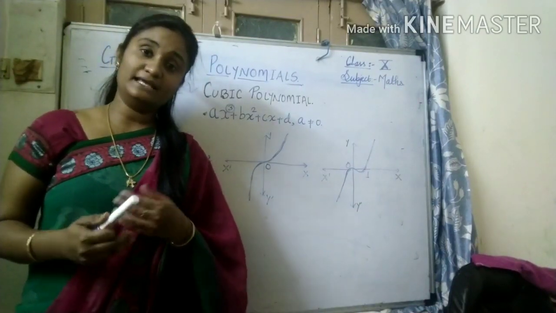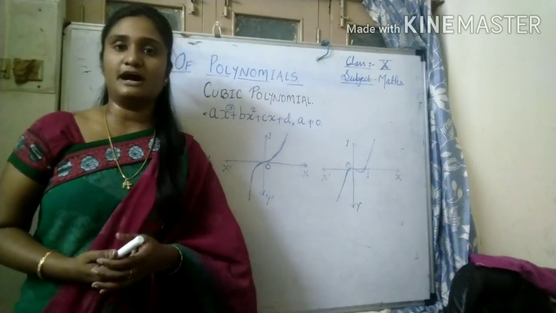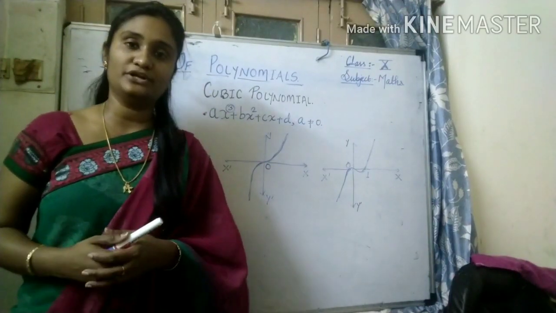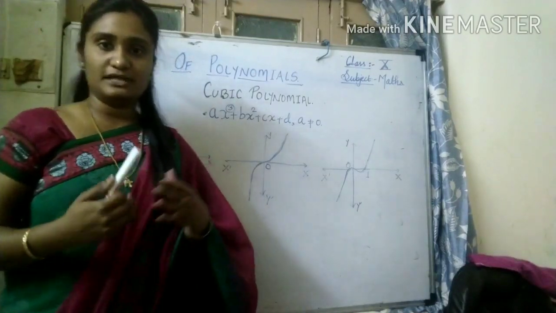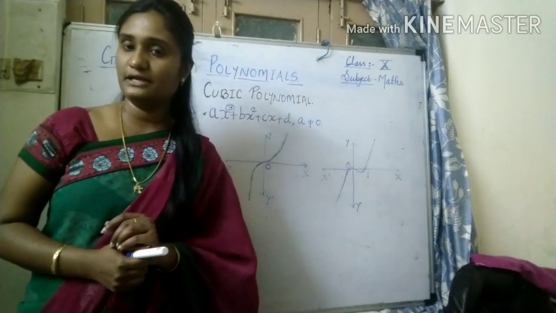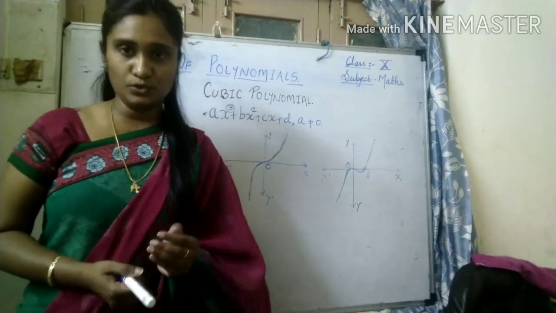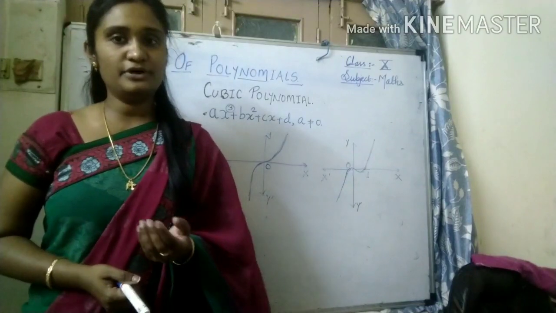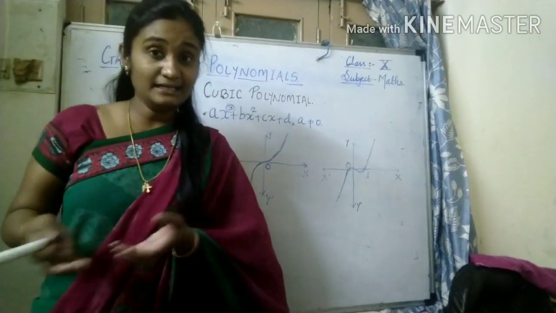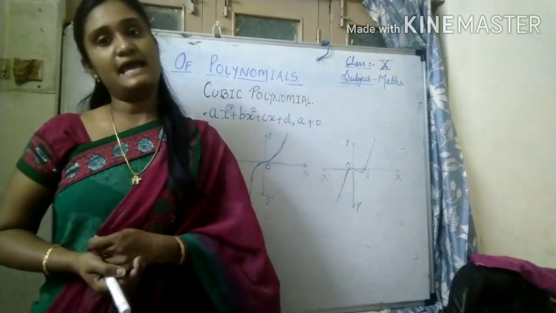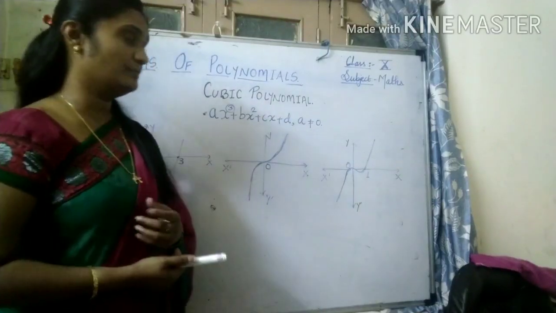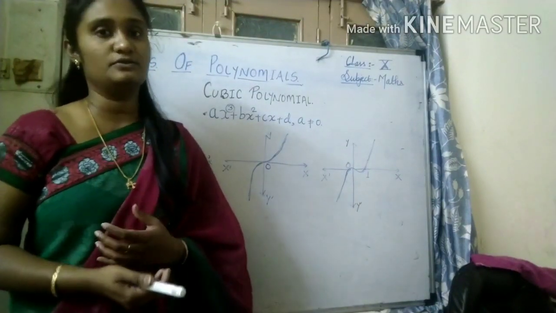So you can easily find out from the given graph how many zeros exist for that particular polynomial. If it intersects the x-axis at exactly 1 point, it has 1 zero; 2 points, 2 zeros; 3 points, 3 zeros; 4 points, 4 zeros. N times it meets the x-axis, n number of zeros. So this was all about graphs of polynomial functions: linear, quadratic, cubic.